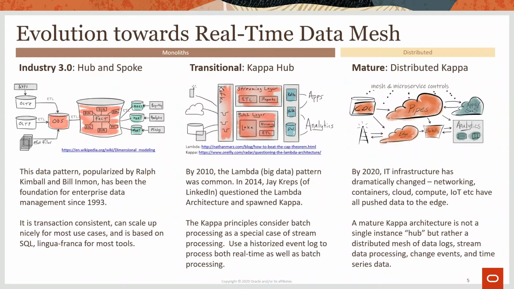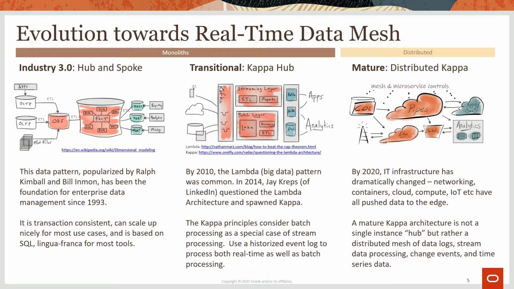Won't get into the history of this particular pattern, but a lot of the technical design choices that are implied in this pattern were originally intended and constructed to work around limitations of the technology at the time. When we looked at where technology was in the late 1990s and early 2000s, many of the design patterns supported in the Inman-Kimball architecture were so successful at that point, particularly because they worked with the technology that we had